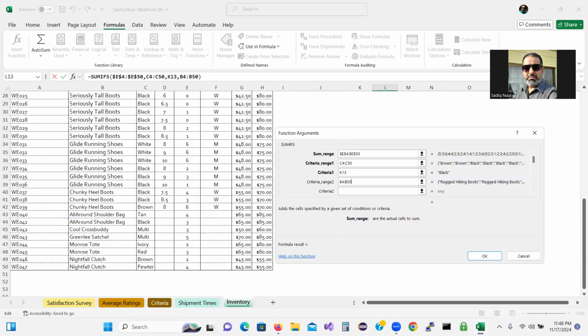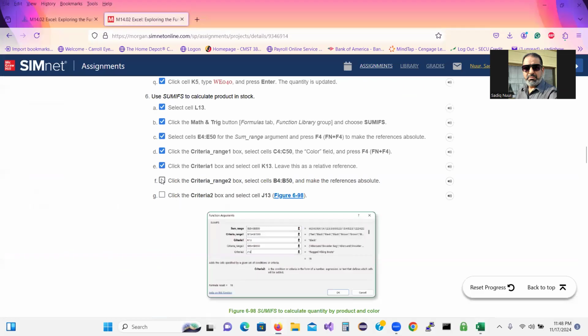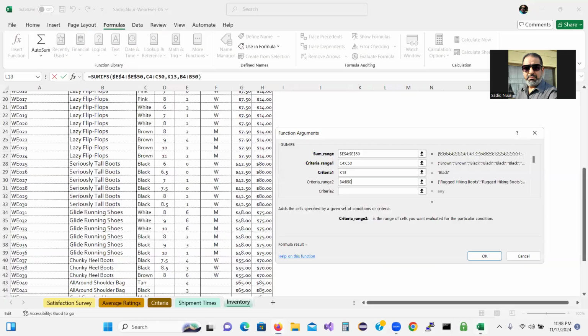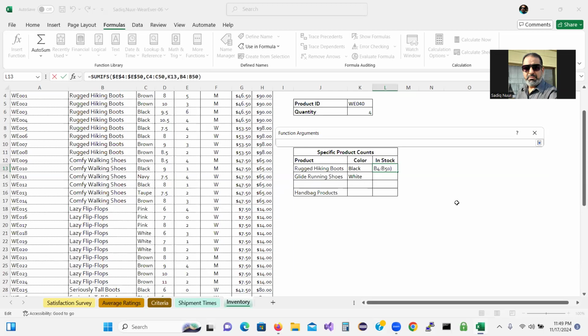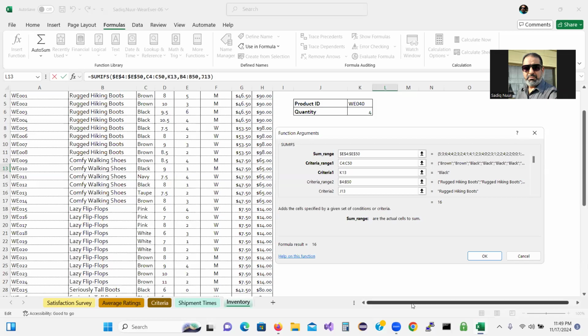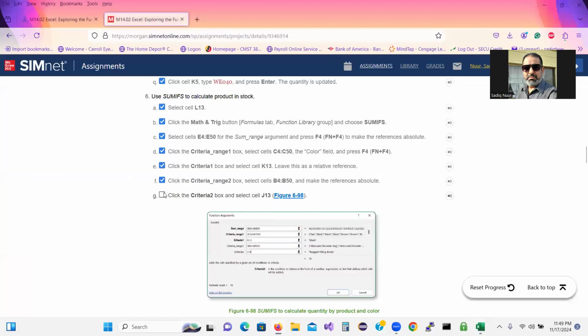Now, do we need to put criteria 2? Now we need to select criteria 2 and type J or select the column J13. So go here, click the up arrow and select J, column J13. J13. And then click back, click this arrow. So J13. Let's go back, check the box, scroll down,